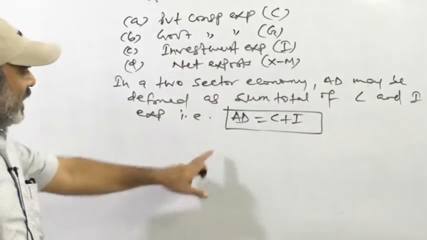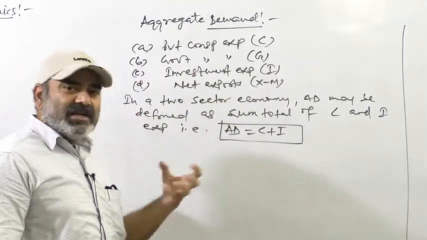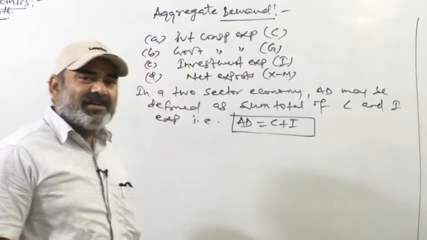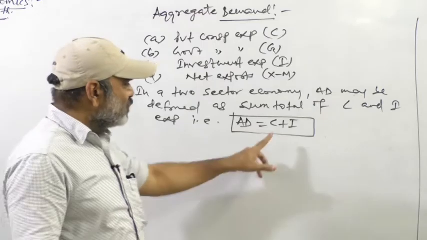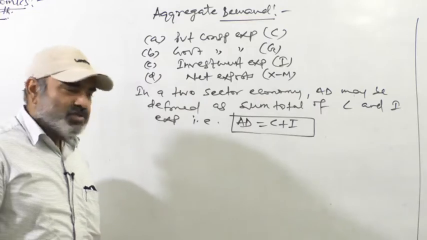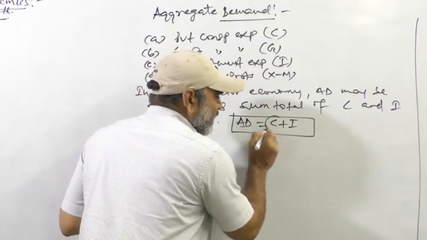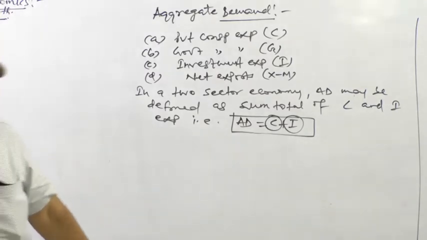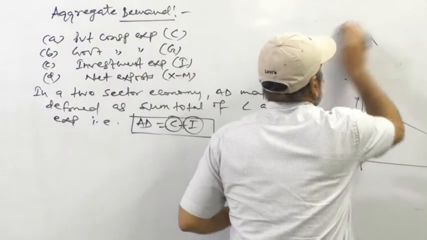एक फार्मूला आपको मिला, AD equals to C plus I. AD aggregate demand, C consumption expenditure, and this is investment expenditure. In a two-sector economy, aggregate demand may be defined as the sum total of consumption and investment expenditure. Got it? So if you want to study the concept of aggregate demand, you must study these two components of aggregate demand separately, so that your concept regarding aggregate demand be better. Let's talk about